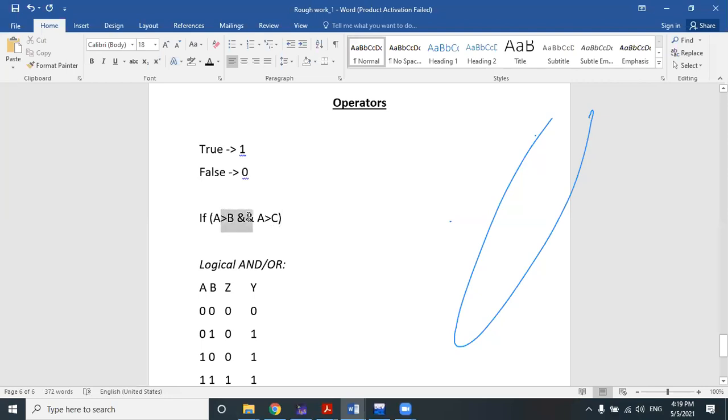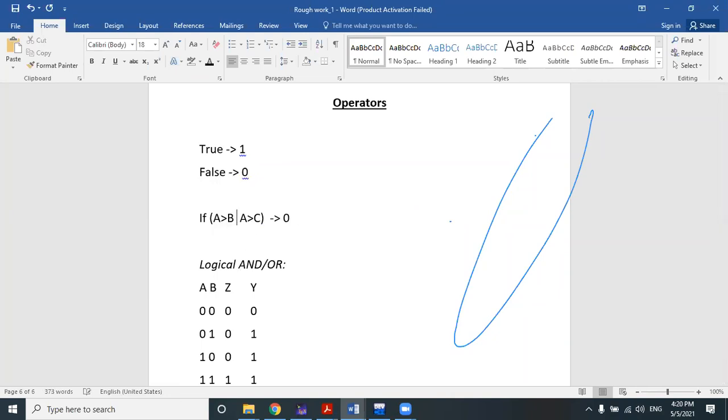These two conditions I am applying, and if both are true, then only this statement will return 1, meaning true. If any one of the conditions is false, this statement returns false, that means 0. Clear? That is the case of logical AND.